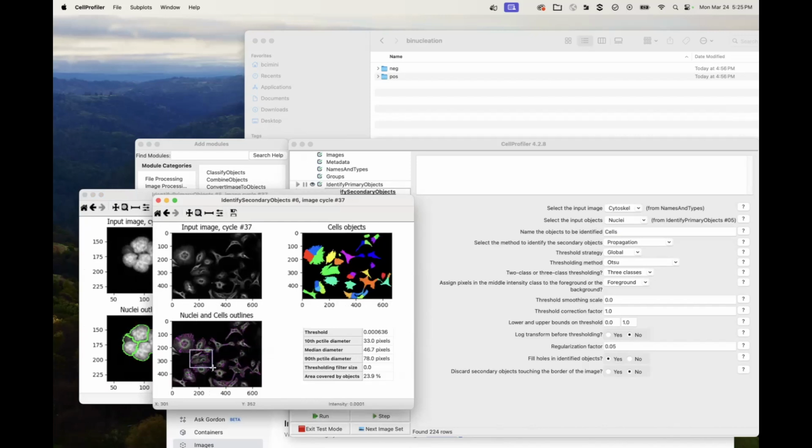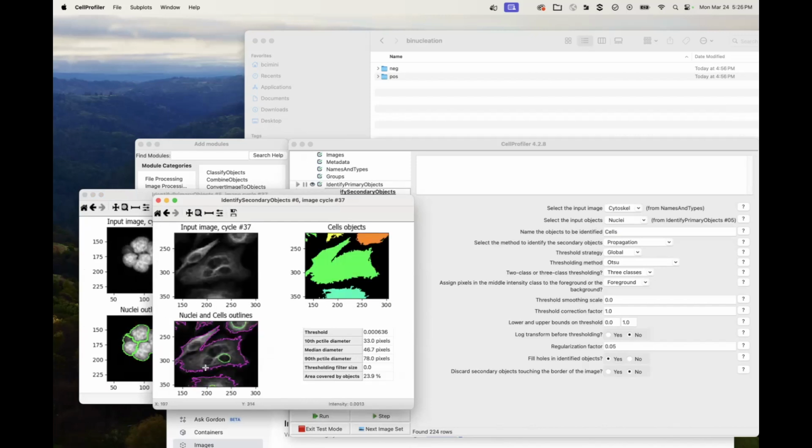But in cases like this big chunk here, where there are multiple nuclei that are touching that are actually part of multiple different cells, those things are now going to be stuck together. I'm also not going to be able to count for multinucleation because the nuclei are being detected intentionally incorrectly. But if cell boundaries are important, that might be the best thing to do.